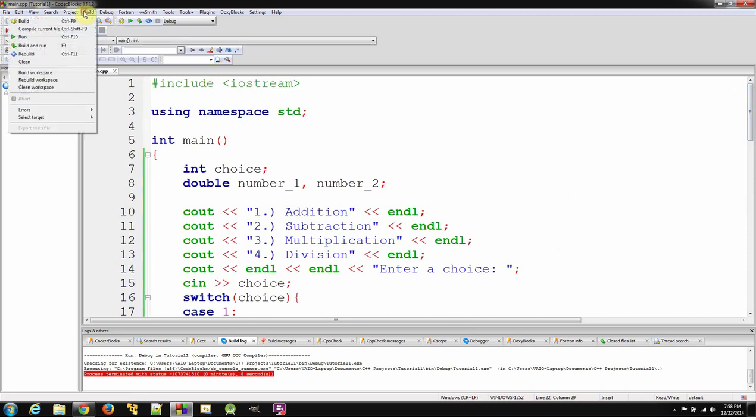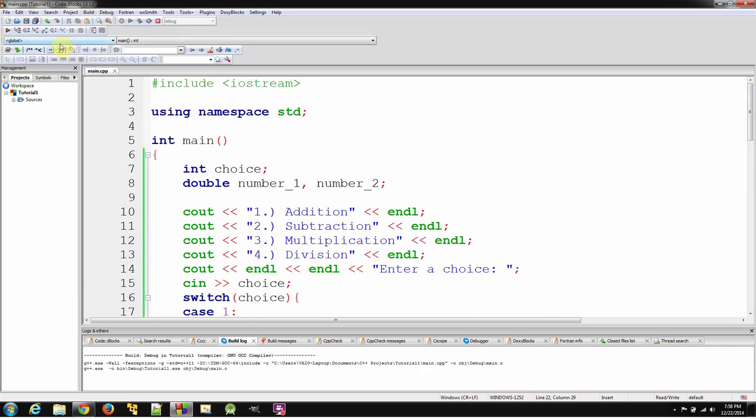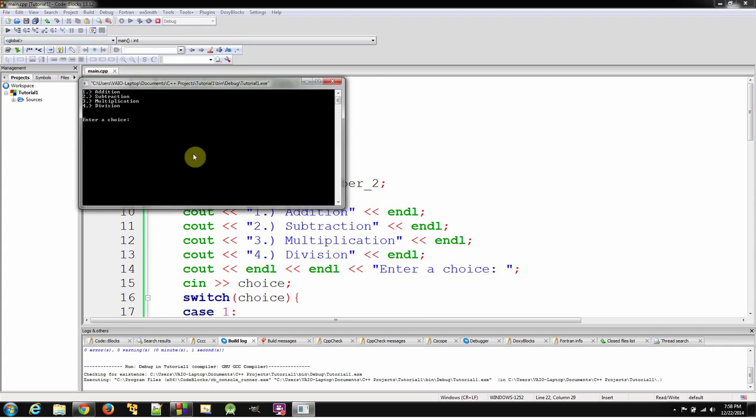We'll say build and run, and let's see what happens. So there we go. As you can see on screen, we have our choices: addition, subtraction, multiplication, and division. Let's go ahead and